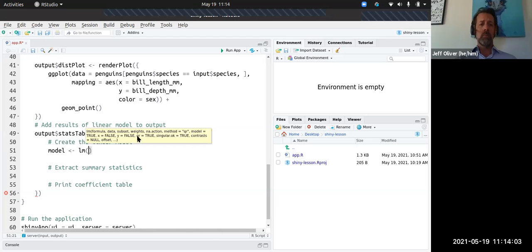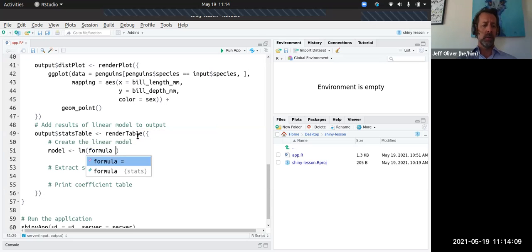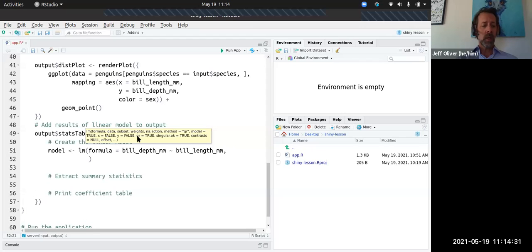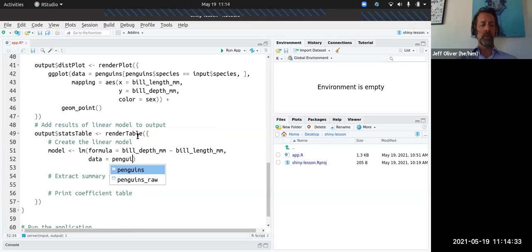We'll use the lm function. In R, lm means linear model. I'm going to specify the formula, so formula equals bill_depth. So we're using the bill depth, which is on the y-axis, and we're going to predict that from bill length, bill_length_mm. Now we can say data equals penguins,